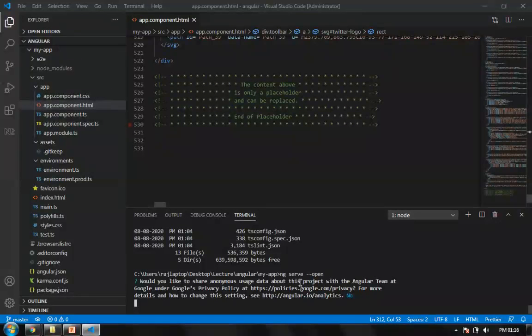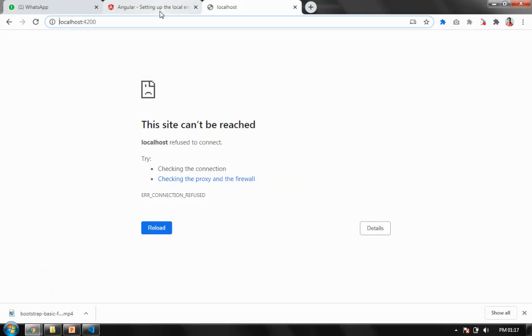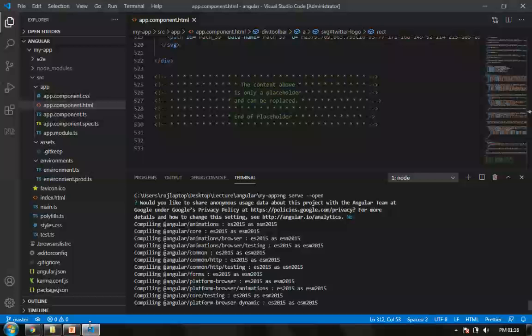Now this is the problem with my PC. The minimum requirement for this is 8 GB of RAM and an SSD hard disk. That is the recommended. Otherwise, the operations will be slow, as I'm doing it. I'm pausing it. So I resume it again.